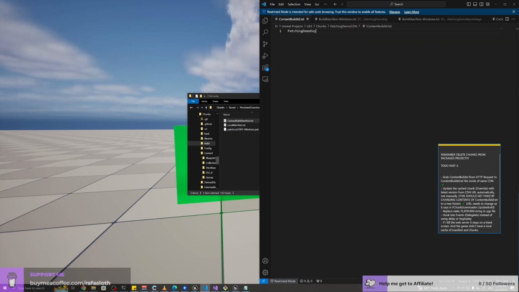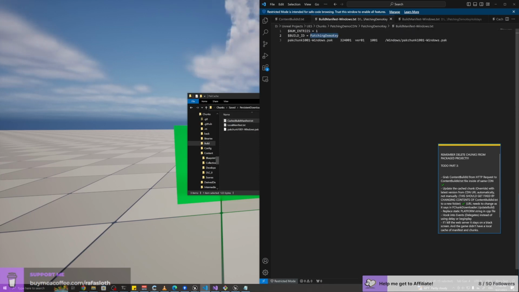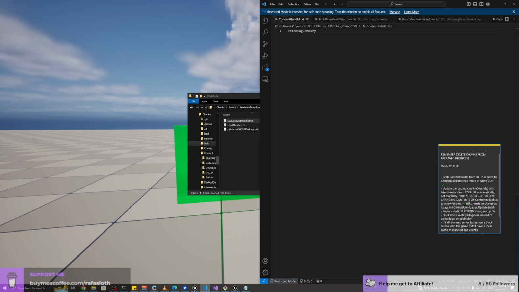That's okay, because we're in patching demo key, which sends the game to this manifest inside the patching demo key folder. But let's say I'm going to use the holidays version of the DLC again. Sorry, I'm updating the wrong file. It should be this one. Holidays. Again, the binary of the game is always grabbing the content build ID from this file in the web server. So I just patch this live. No rebuilds of the game.